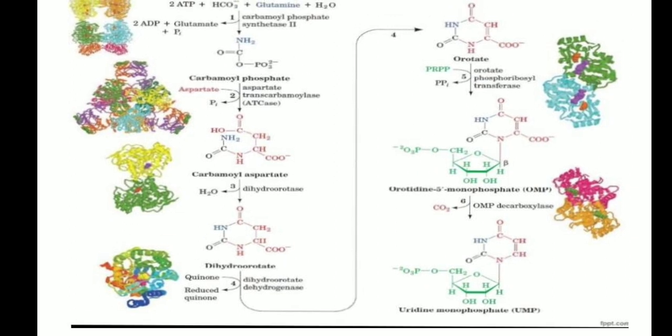So you can see here how the synthesis of UMP takes place. First, how the molecules are converted or transferred: how carbamoyl phosphate is synthesized, then carbamoyl aspartate, then how it forms dihydroorotate, then from dihydroorotate it yields orotate. Then orotate, when it reacts with PRPP, forms orotidine 5-monophosphate, that is OMP. Then in the OMP decarboxylation process, there is a removal of carbon dioxide, and OMP decarboxylase acts on that reaction and forms uridine monophosphate. So these are all the 6 steps for de novo biosynthesis of pyrimidine nucleotide.